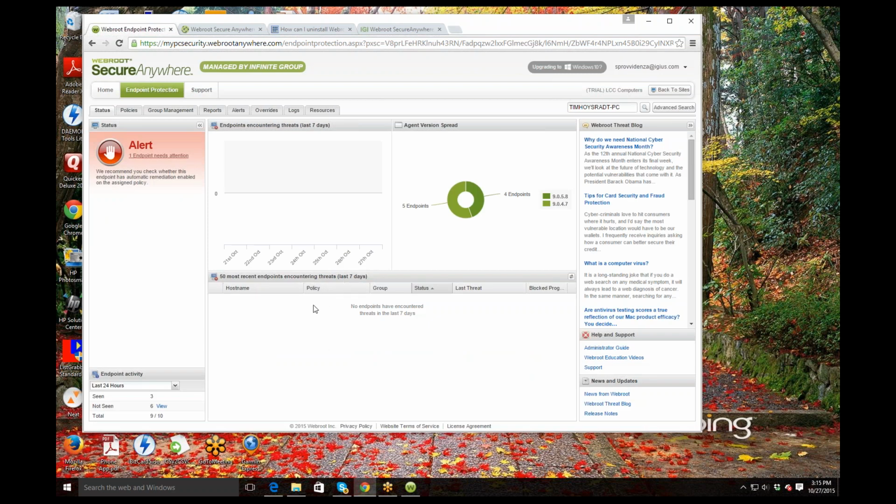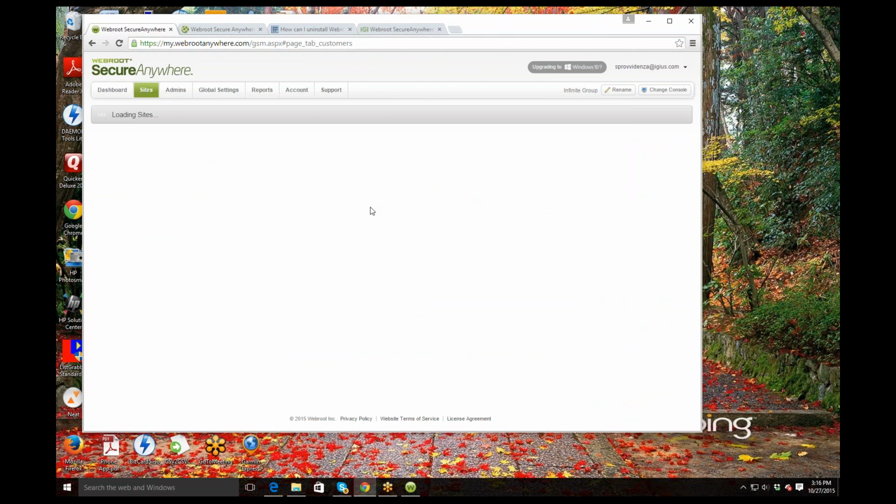And so it'll wait a little bit, and then when the machine checks in the second time, it'll take this alert down. So theoretically, there's nothing to do. You can see over the past 7 days there's been no threats and no machines reported, but the alert is pointing to a machine that just hasn't checked back in to update the system properly. So under identifying threats, this would be an example that you might see, but you don't have to worry about. The ones you do have to worry about is, I'm going to pull up another example here,